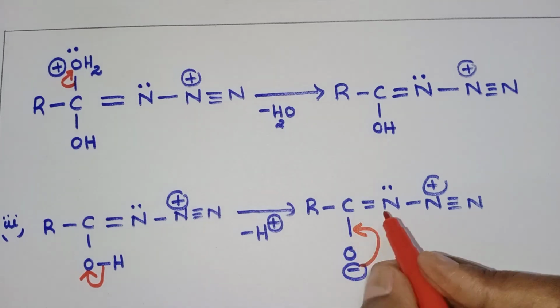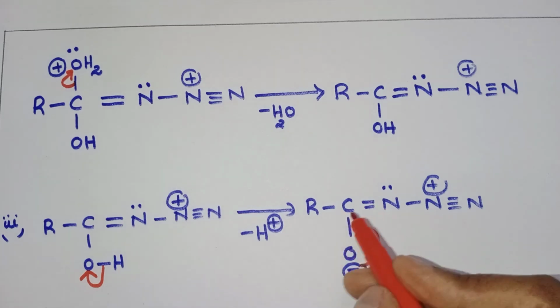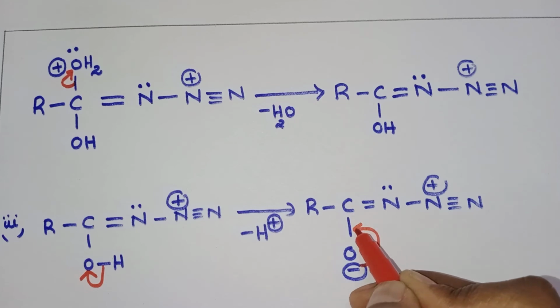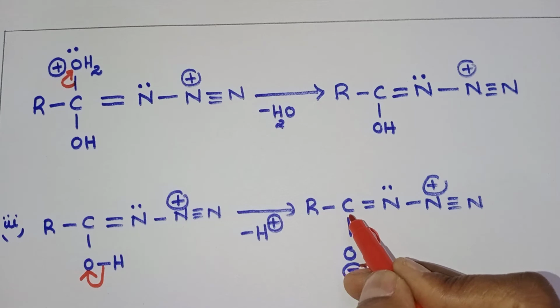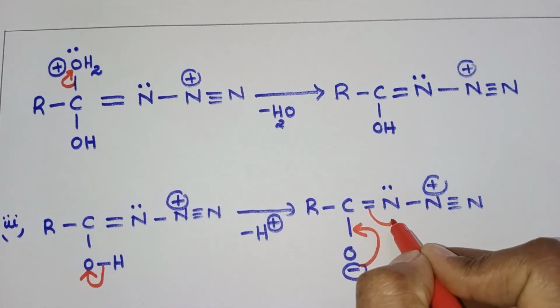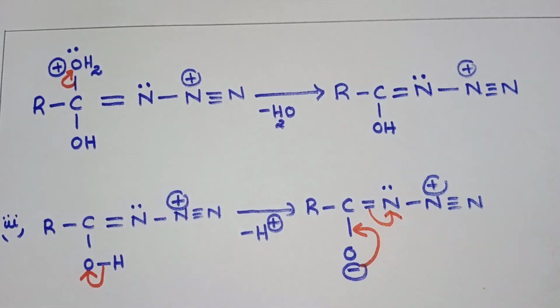Okay. So, now how many bonds is carbon getting? Already 1, 2, 3, 4 are there. Now, this minus is being shifted this side. That means a double bond will be formed here. So, it will get 5 as it is unstable. Immediately, these pi electrons will be shifted towards nitrogen. Okay. So, O minus shifted this side and the pi electrons between carbon and nitrogen, this bond is shifted towards nitrogen. So, next what happens? Put an arrow here.